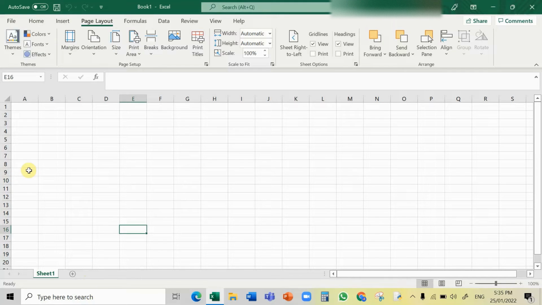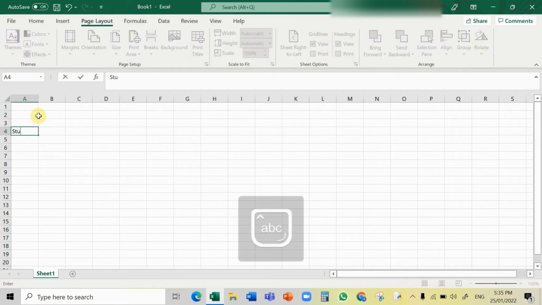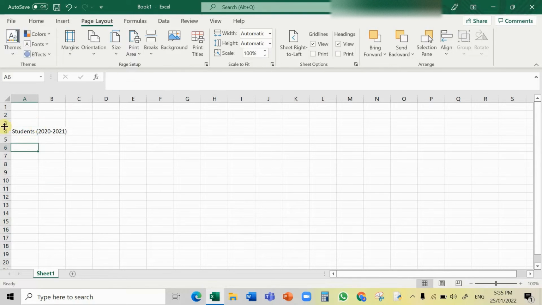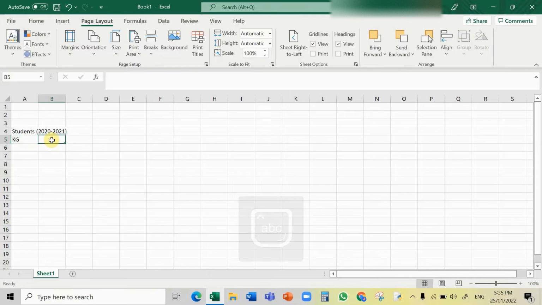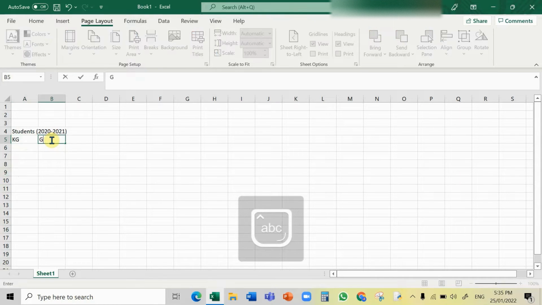If you're working with a blank workbook, how to enter data. So firstly, let's just enter the most important ones. So we can come here and we can write student 2020 to 2021. Okay, so this is the heading. Now over here I want to write KG. All right, over here let's write grade,